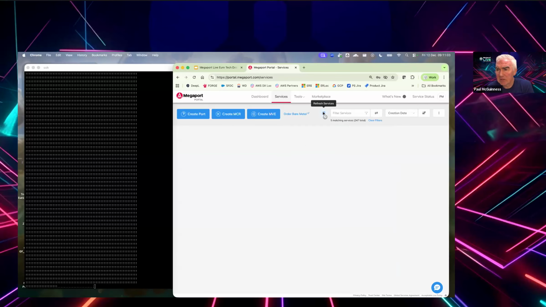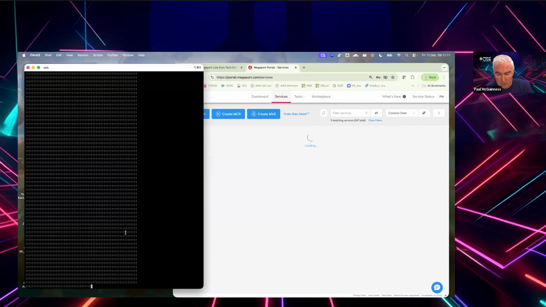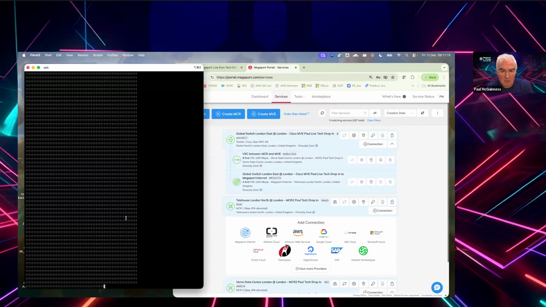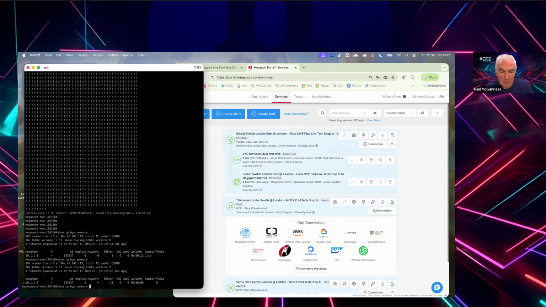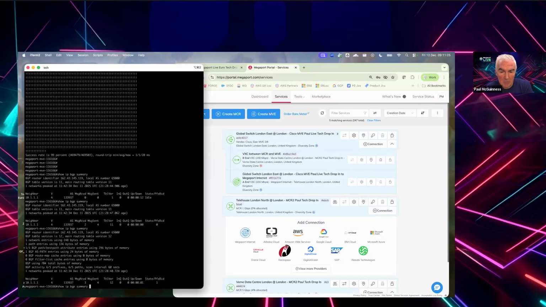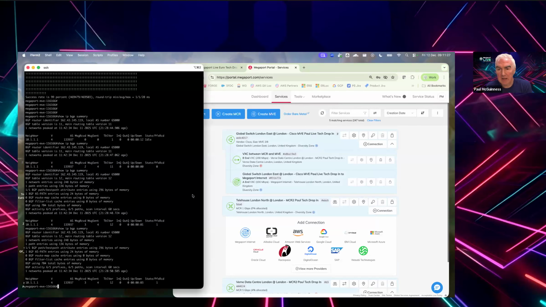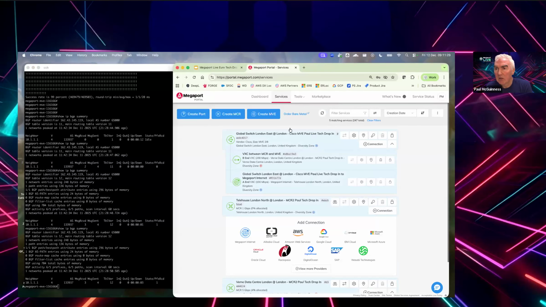So just refreshing the services in the Megaport portal. And there we go. The ping is back up again. And if we go in here, just stop that ping, we can now go to show BGP. BGP has just come back up again almost immediately after the ping being restored. So if we refresh the portal over here,